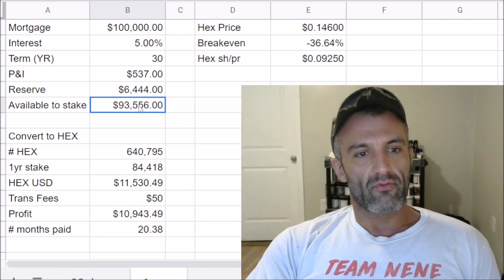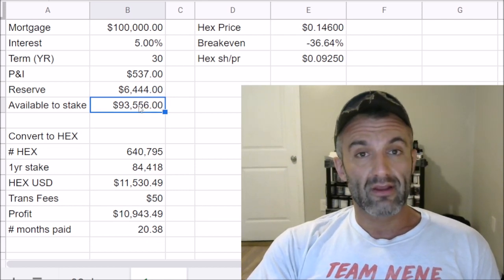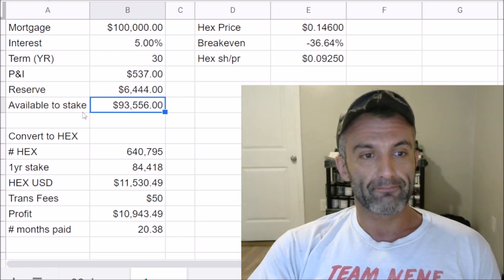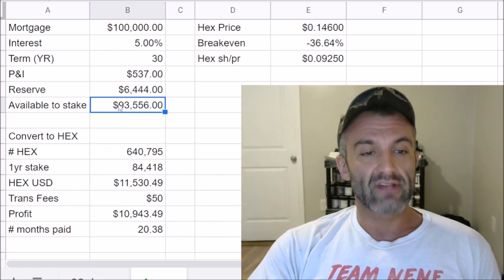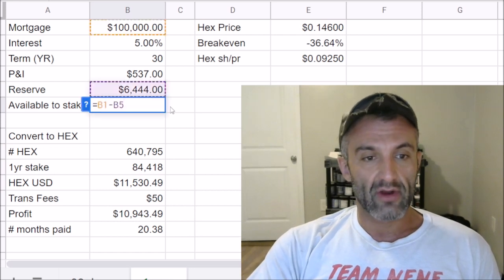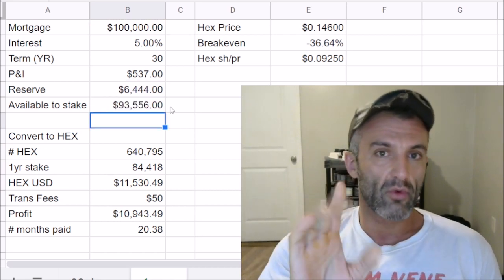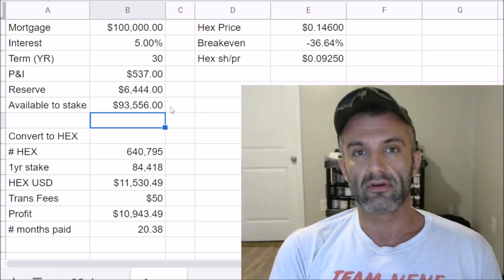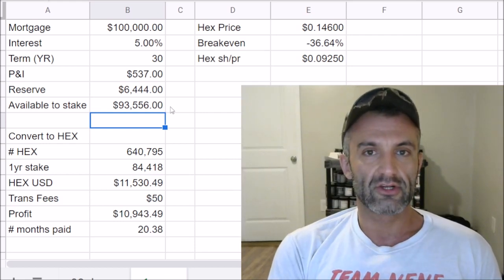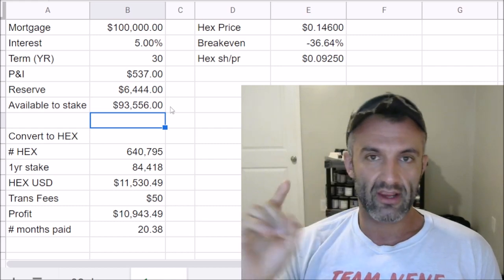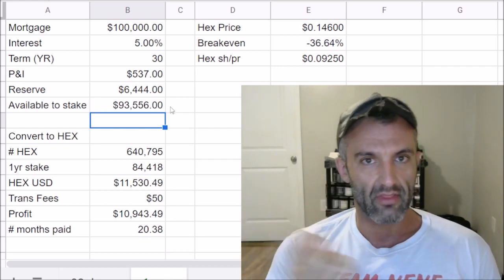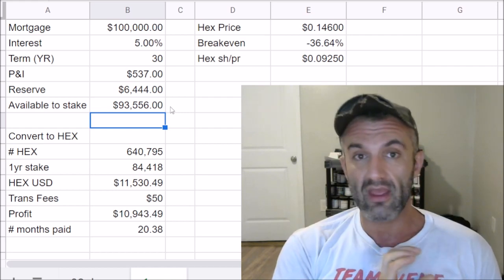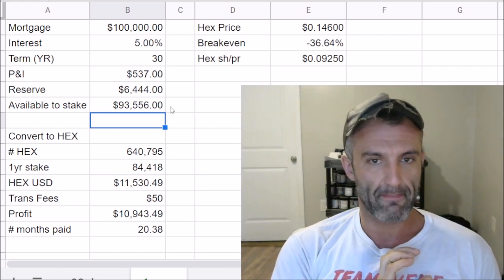So if we just take the reserve from the money that we get, the other people's money, right? OPM, then what's available is $93,000, and all this is 100 grand minus the reserve. So now what we have done is we have taken the first 12 months and set that aside in a separate checking account that we just pay the bill from every month. And you can probably just set it up automatically. I'm sure you can, so you don't even have to pay the bill during that time.